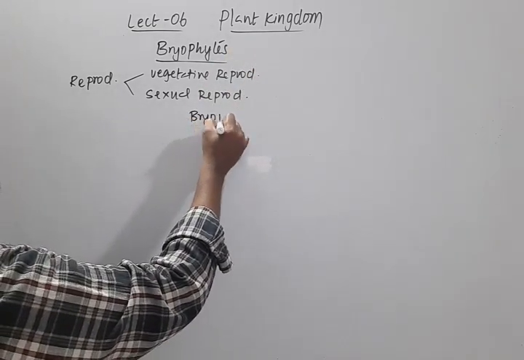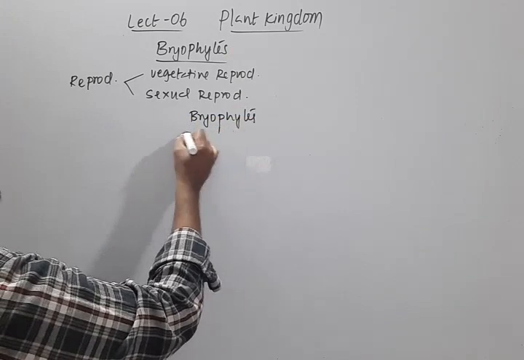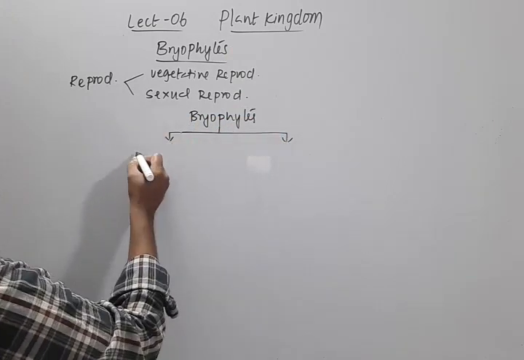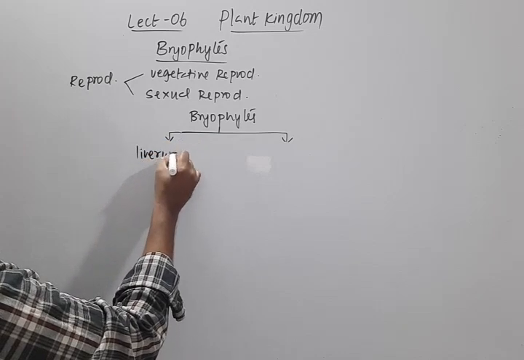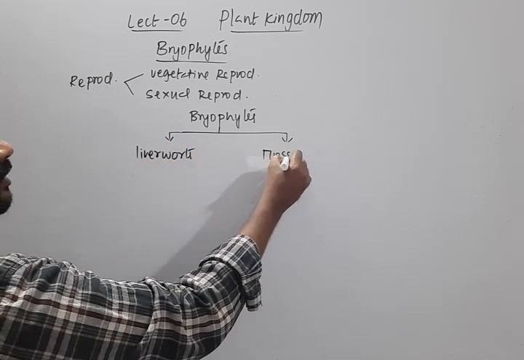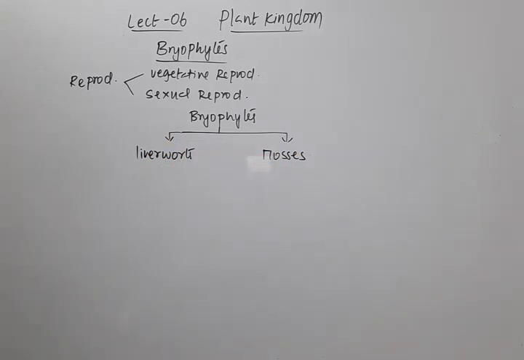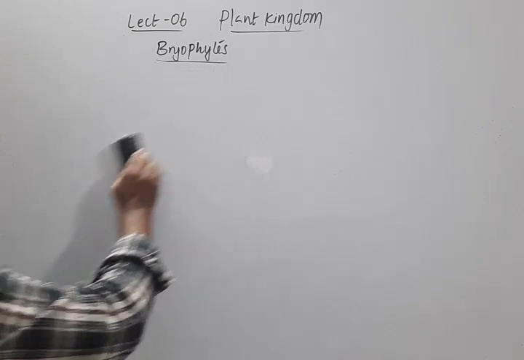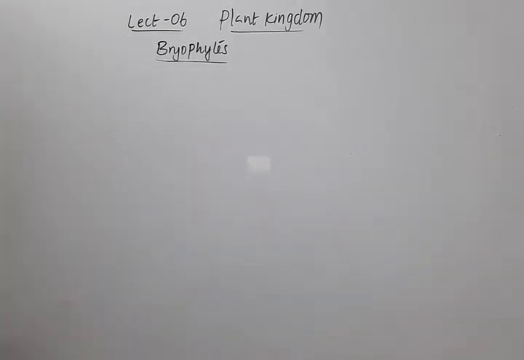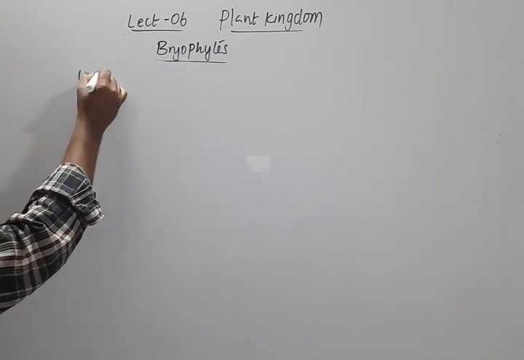So these bryophytes are mainly divided into two groups called liverworts and mosses. So they are classified into two groups, liverworts and mosses, right? We will see first about these liverworts, and then we'll talk about mosses. So first one,